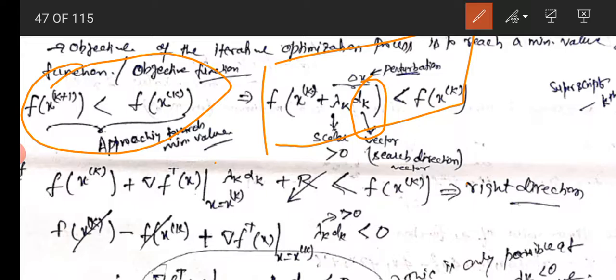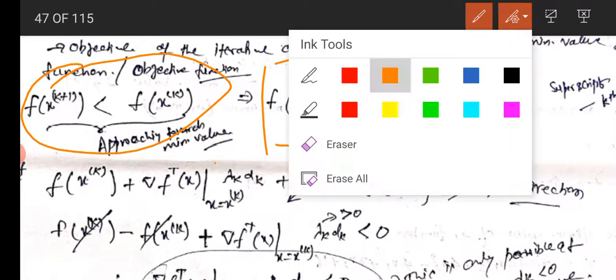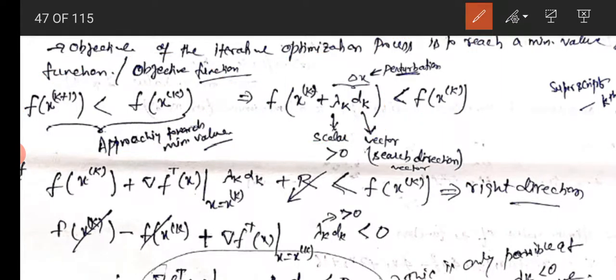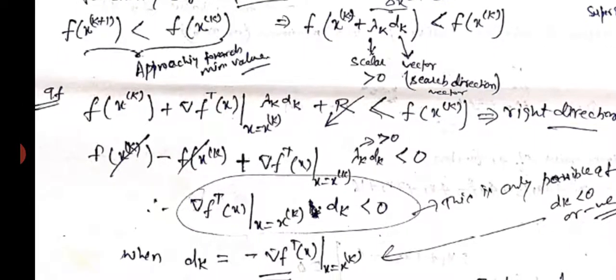If you are going in the right direction, it means when you scale the direction by multiplying with the direction value, add it to the x value, and put this in the f function, then if your value is lesser than the previous one, you are going toward minimization. Your choice of direction is right. I think you understood the things. If you are not able to understand these things, no problem. As we proceed further, you will understand it in a far better way.